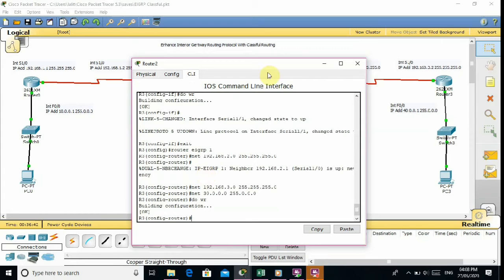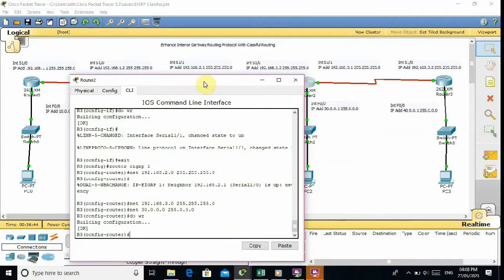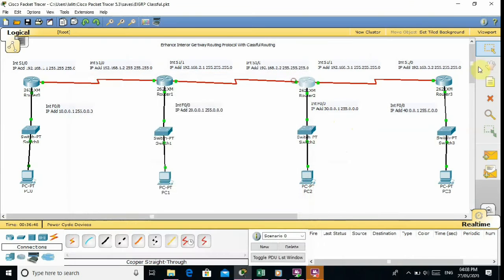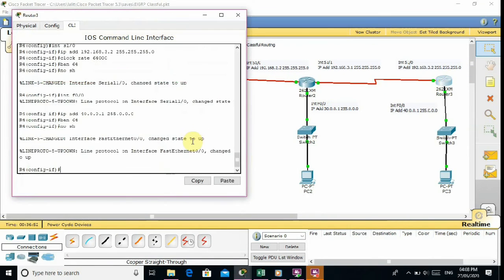Save this configuration with the do wr command. There you can see this is the router third and this is the router 4.